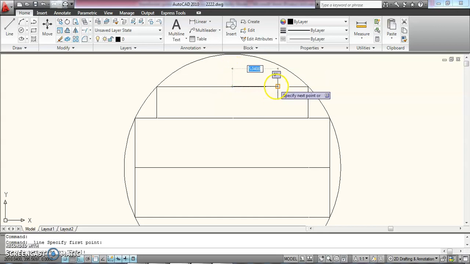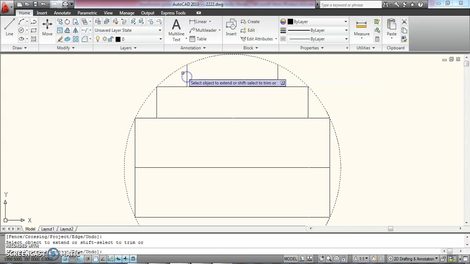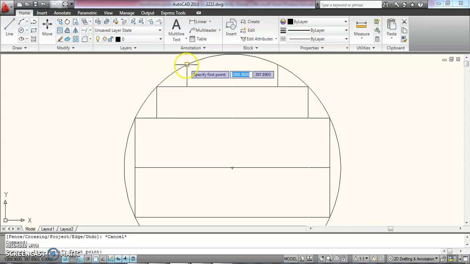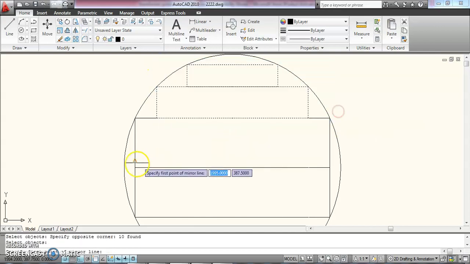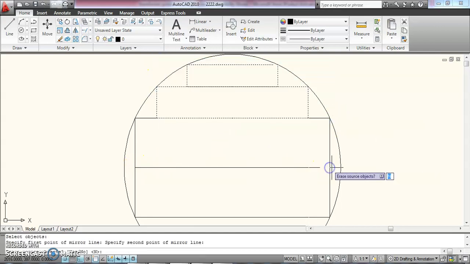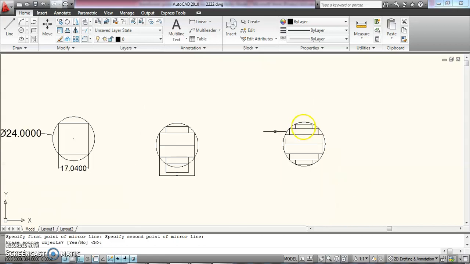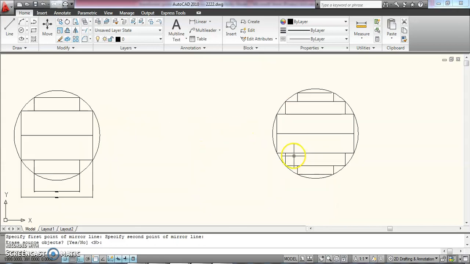This is 5.04. Here 5.04, enter. Once you get it, just draw a line from this point also. Extend this, extend this circle, extend. Just join this. And you can do mirror. Just select this, right click, the first point, second point, enter. So this is the three-step code: single step, two step, three step. This is the procedure you have